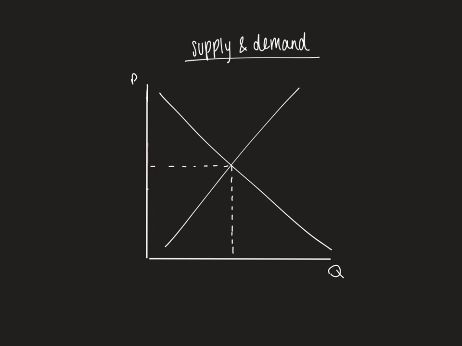The other type of price control is a price floor. This is a minimum price that is set above equilibrium. The most common example of this is the concept of minimum wage, which is a minimum amount that the government says that a company can pay its employees. And so what a price floor does is it results in a surplus, because here you have your supply curve